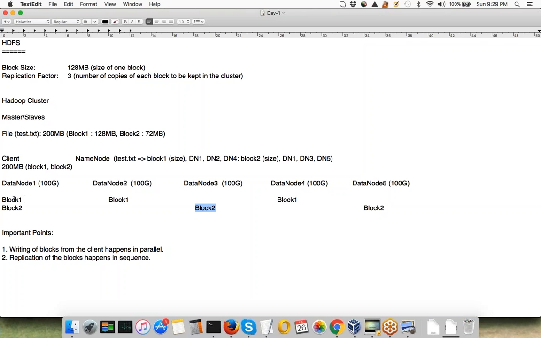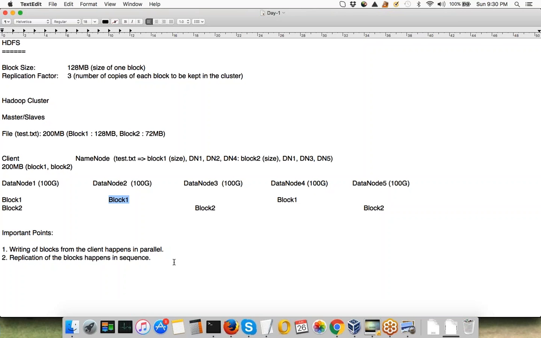You don't need to move your data to some other machine to process, because when you move your data to some other machine while processing, that is the time when your processing gets slow, because you are transferring your data. But in this case, you don't need to transfer your data. Your data can be processed wherever it is present. So if a big file has, let's say, 1,000 blocks, then eventually you can utilize a lot of machines on which these blocks are present, and your data can be processed on all of these machines in parallel.